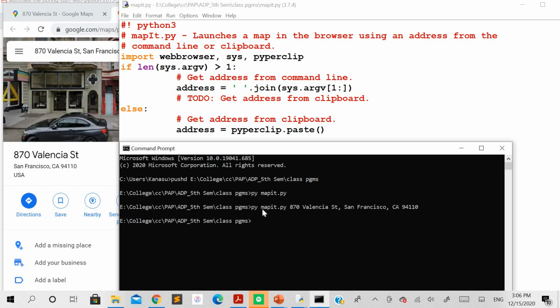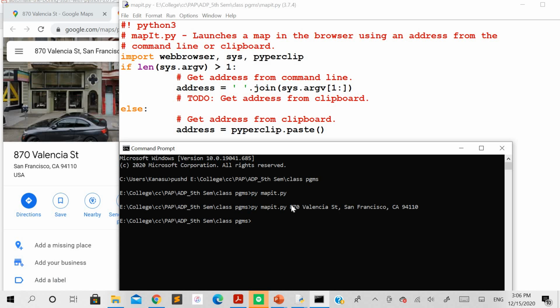Let me clear one thing for you: to this py method there are two arguments. The first argument is the name of the file which is going to be executed here, and the second argument is the address which you want to locate from the Google map. So it is going to check whether the length is greater than 1, and of course it is greater than 1.